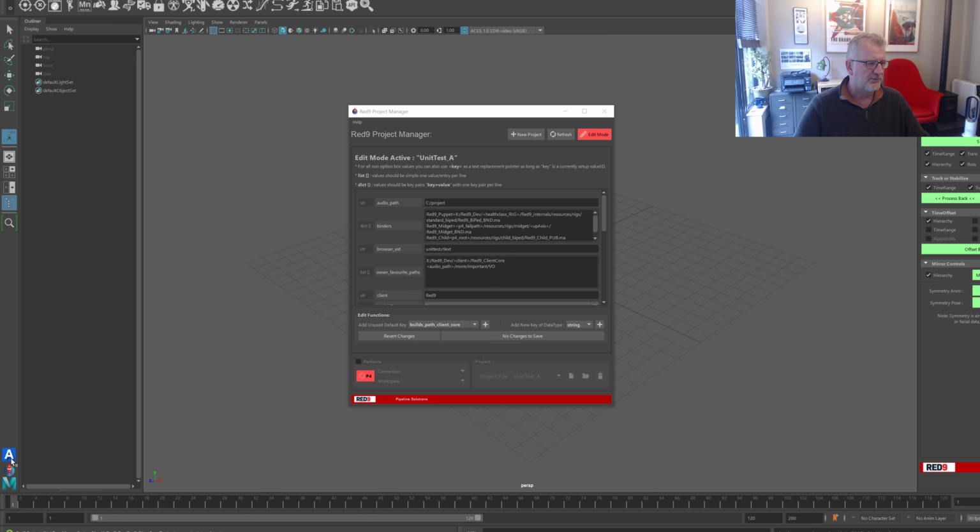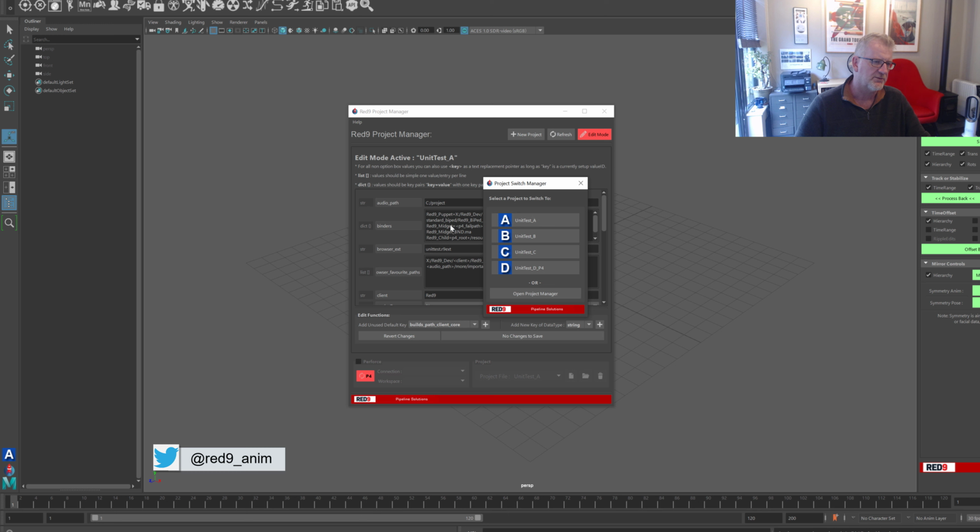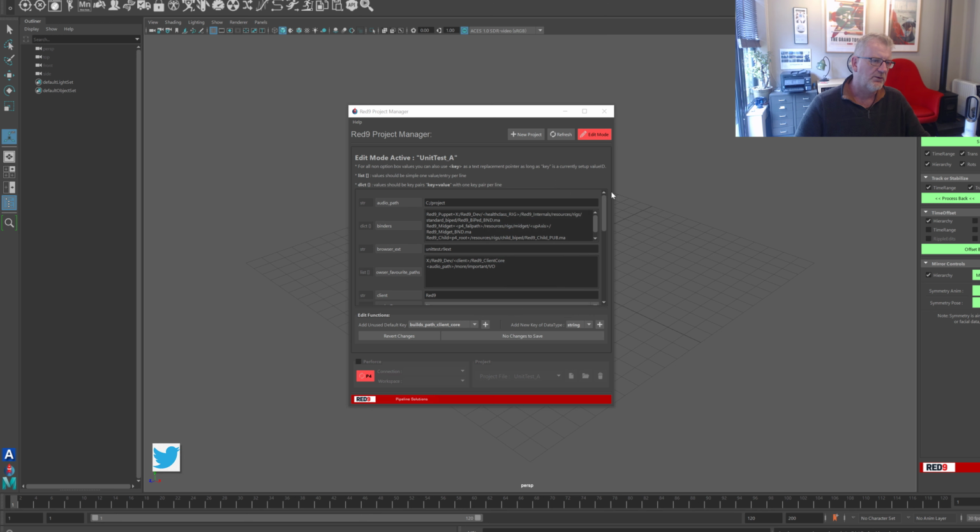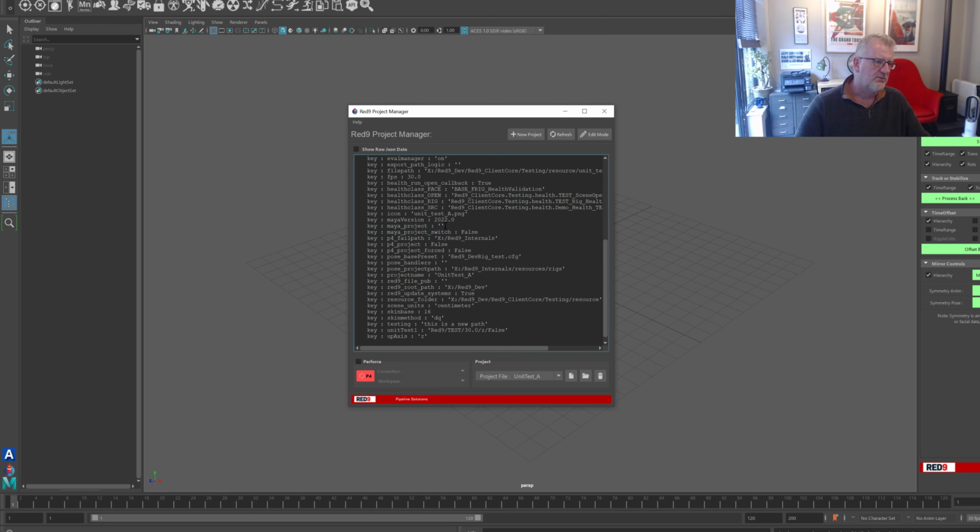First of all, in the switch, if you've got multiple projects, we've changed the UI so you've got a nice selector with the icons all showing, which wasn't there before. It was a bit rubbish before, so that's all done. We're in Project A. Now, what you'll notice is that if you look at the keys in here, we now